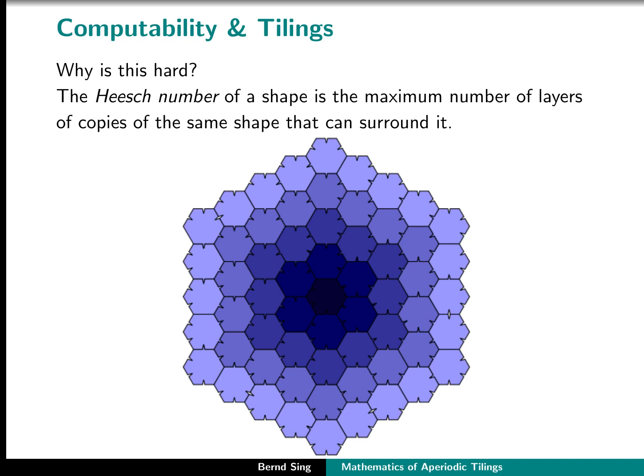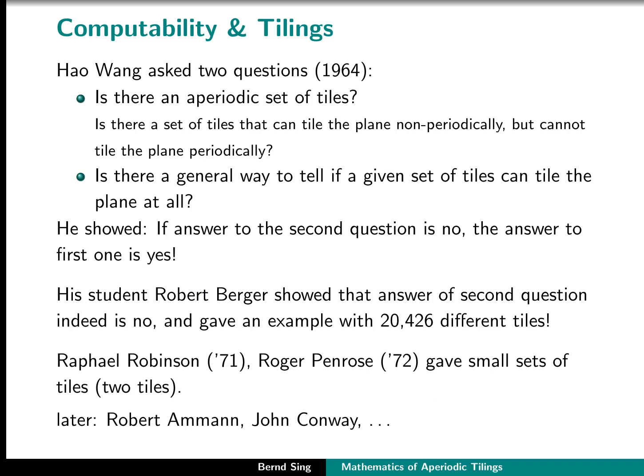Why is this difficult? If you look here at one puzzle tile, it has some ridges and notches. You see that we have to go out 6 layers or 4 layers here until we get stuck. So it's very difficult to answer these questions because you make a puzzle mistake somewhere and you get stuck at a very different place. However, his student answered and gave an example with a lot of tiles, and later on, of course, people simplified that and gave smaller examples.